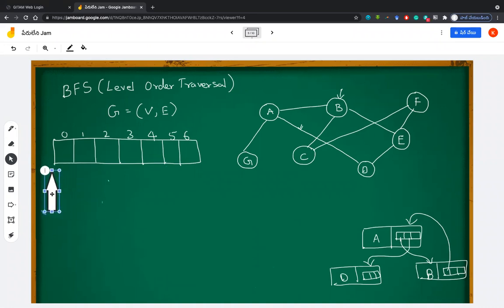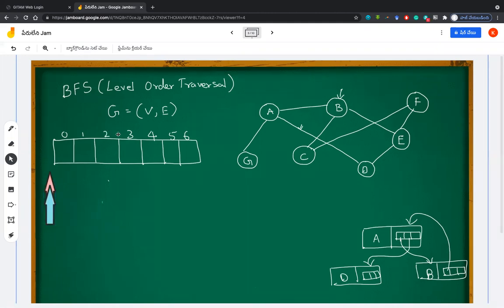So, okay, this is current. The red one is current, and the blue one will be rear. Okay. So as we have discussed, rear and front will point to -1 early.